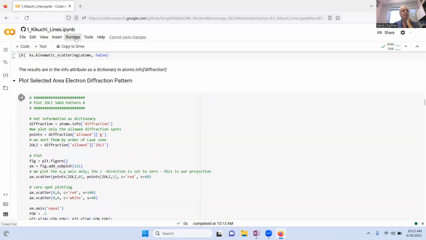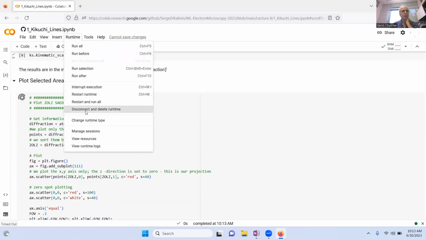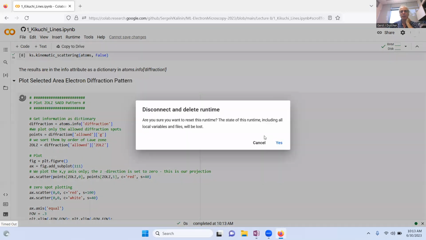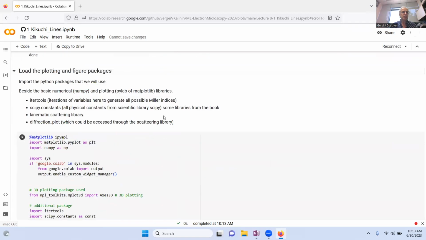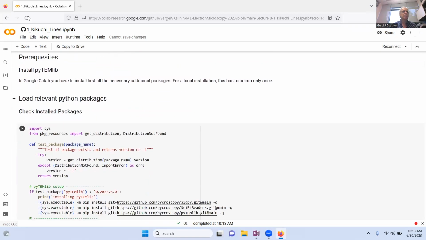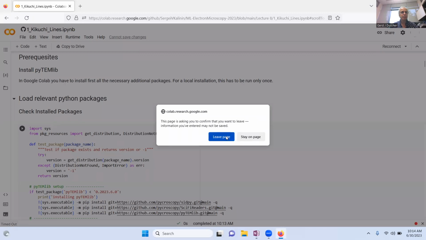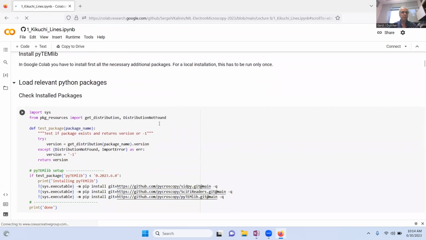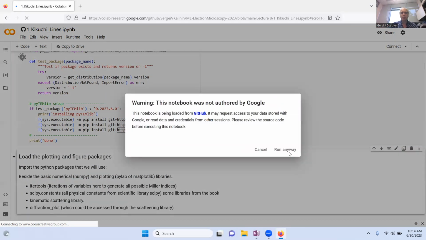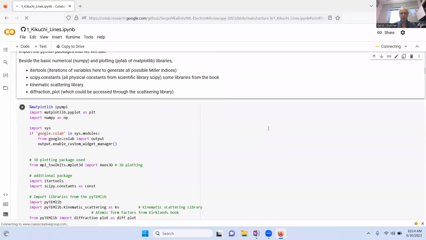Okay, I think I confused that. Disconnect and delete runtime. I should have done that to begin with. So let's do that again. Load it. We have to reinstall everything. But while we are moving down here,